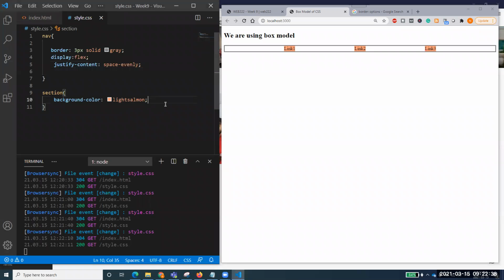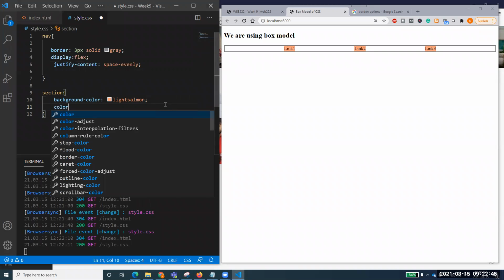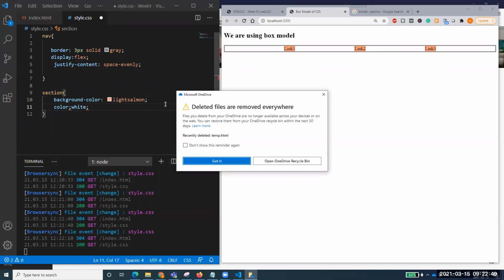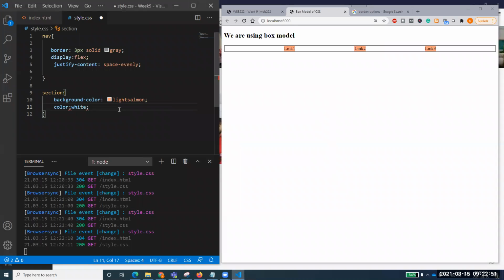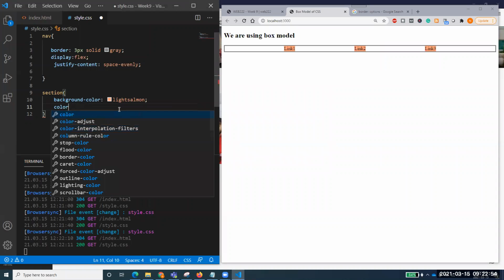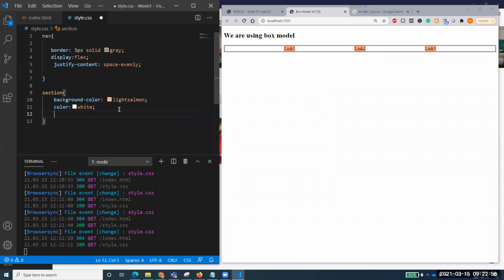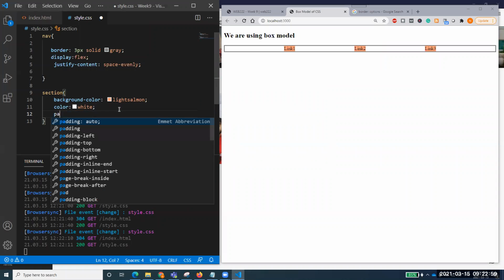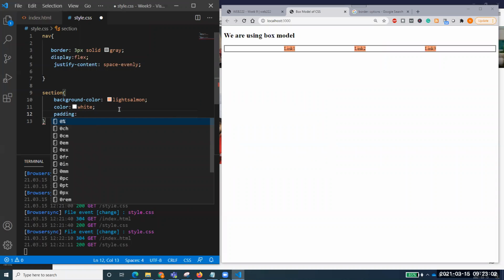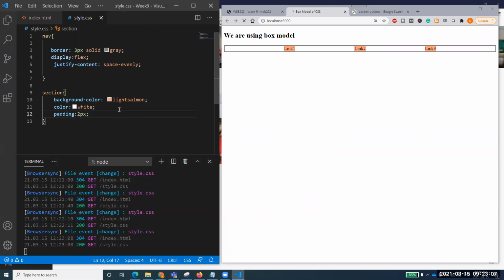So in section we can implement different styles. I'm just telling you here to know about different things. For example, I want to say that color should be white. I want to display the text as white color, for example. What I can do is also say padding. If you want to do any padding inside that, you can do 2 pixel padding or something, whatever. So you see that it has made those white. So you can do lots of things with that, and this all will be working for them.